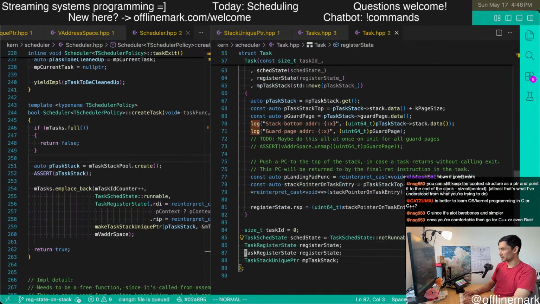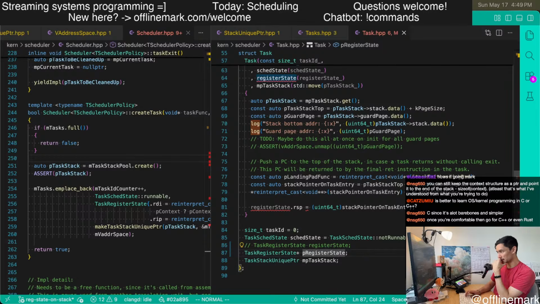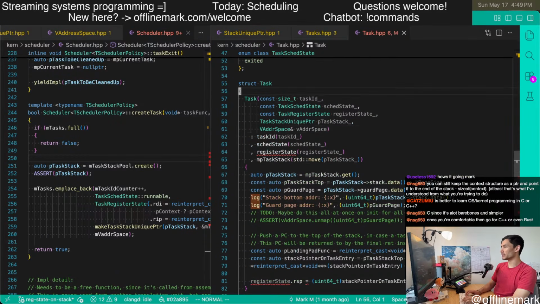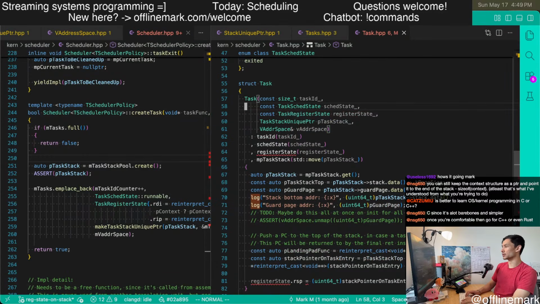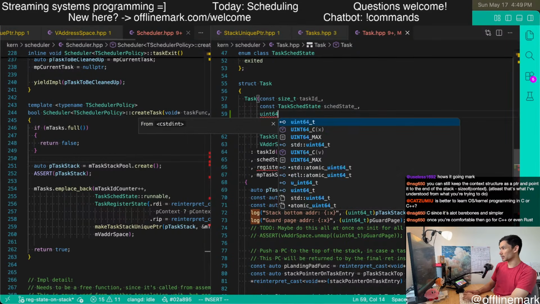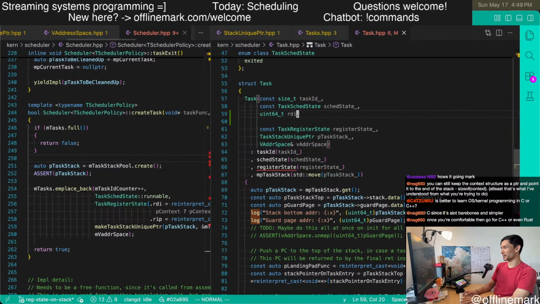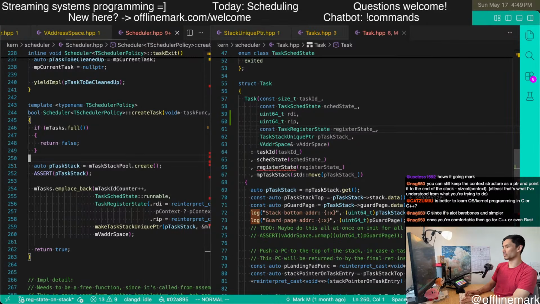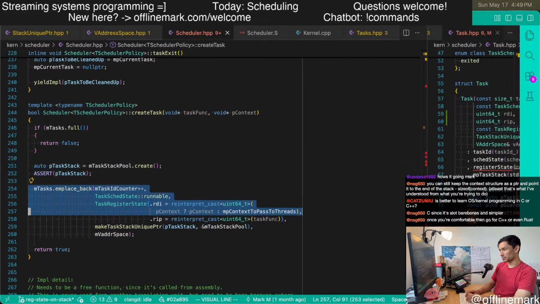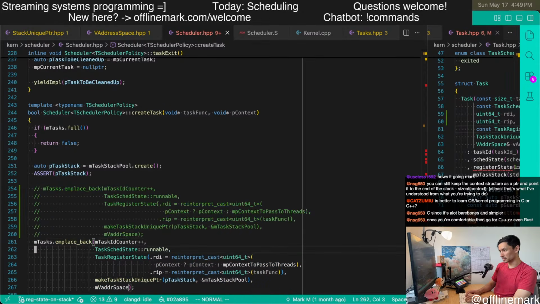Okay, so roughly this is going to look something like this. We're going to store a pointer to a register state in this thing. And then over here, I need to pass in a couple of things. I'll pass it maybe like right here. And so for T, this is kind of bad, but I'm just going to do it like this for now. I'm just going to pass these as arguments. And so I'm going to go over here. This is how I'm just going to save a stash of that just so I can reference it.